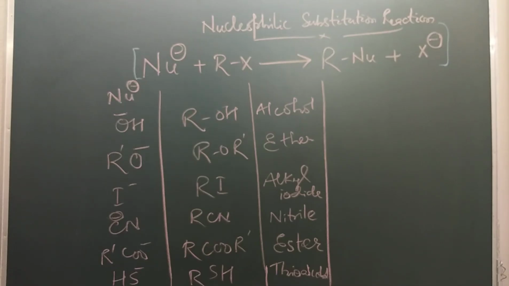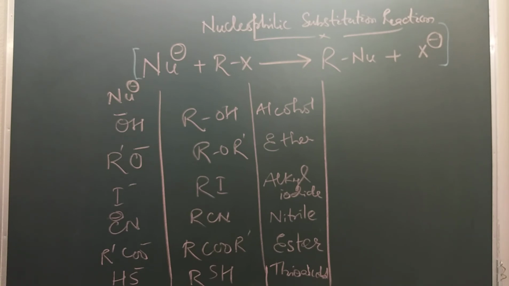Now let's see the nucleophilic substitution reaction. In a nucleophilic substitution reaction, a nucleophile attacks the positively charged carbon which is formed when a leaving group leaves by taking the shared pair of electrons. So a substituted product is formed. There are two types of nucleophilic substitution reaction: SN1 and SN2. SN1 is called substitution nucleophilic unimolecular, SN2 is called substitution nucleophilic bimolecular. If different nucleophiles are there, what are the resulting products when alkyl halide reacts with the nucleophile?